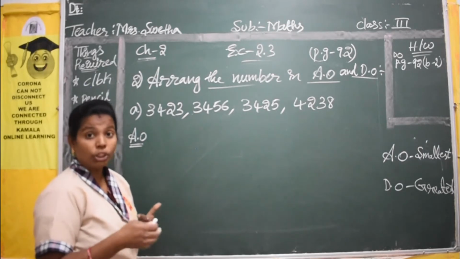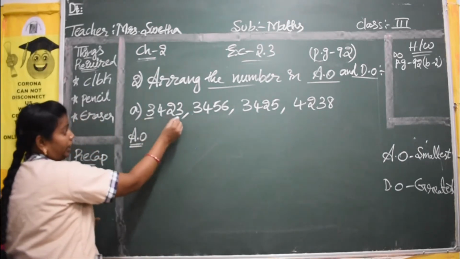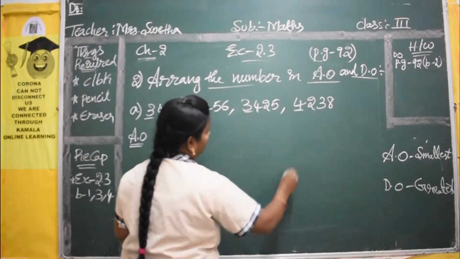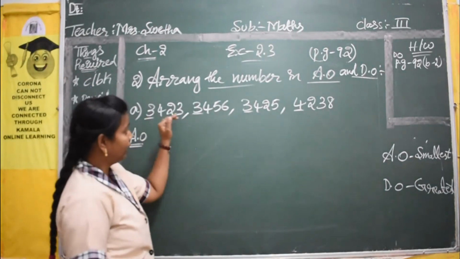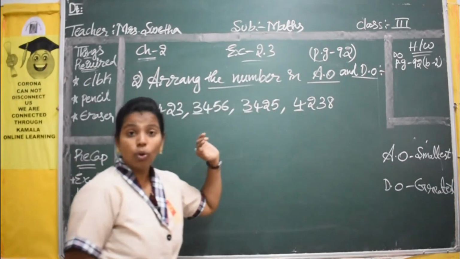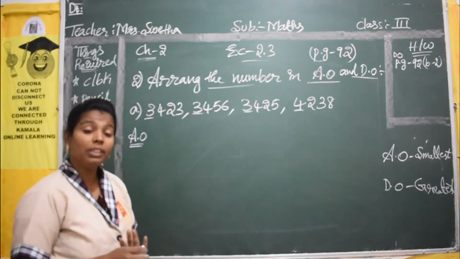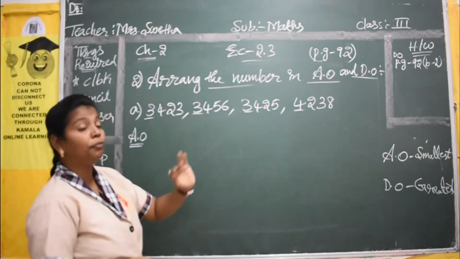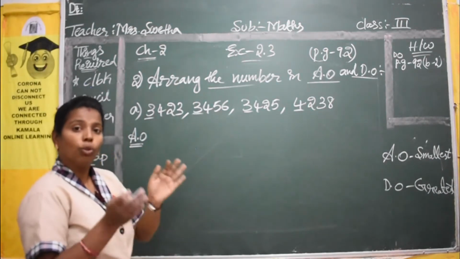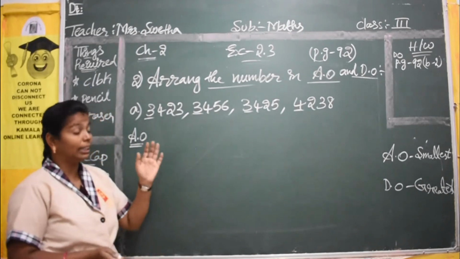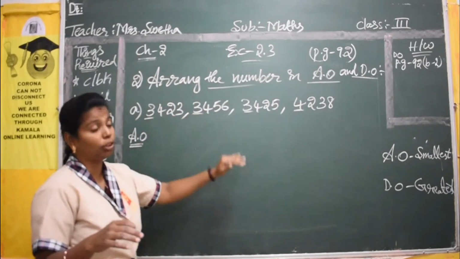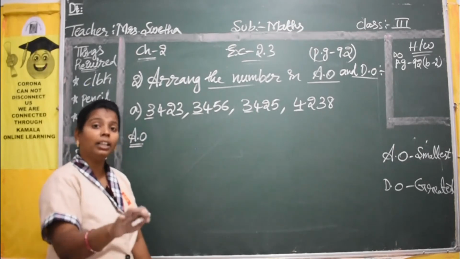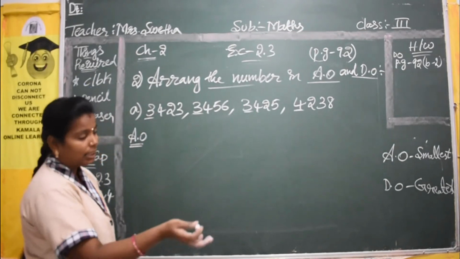So we have to check with individual number now. 3, 3, 3, 3. Sorry, 4. So 3, 3, 3, 4. From all these numbers, which one is the smallest one? 3 and 4. Yes. So 3 is the smallest number, but in that 3 also you have 3 sets of numbers. So only in that 3 we will go to the next digit checking.